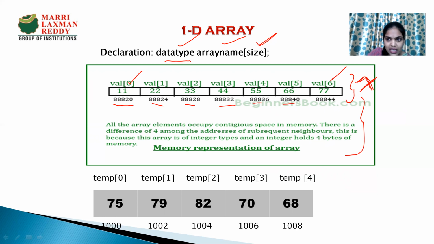Actually, we cannot access the address directly, that is, at which particular place it is stored, so we access it with the help of its indexes. So always an array index starts with 0 and ends with n minus 1. This is the important point to remember. This is one more example of an array. This is the memory where the actual values are stored. This is the fixed block where we are storing the values, and this is the index. This is the memory representation of a one-dimensional array.